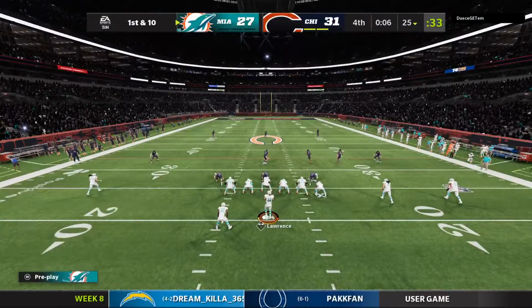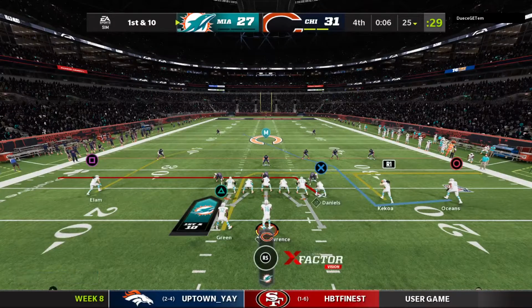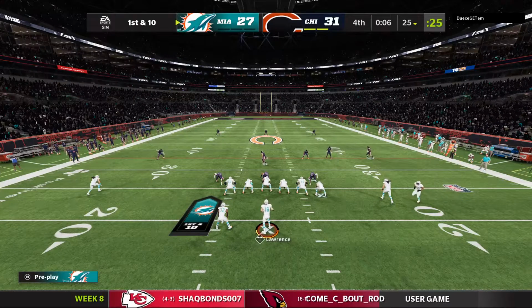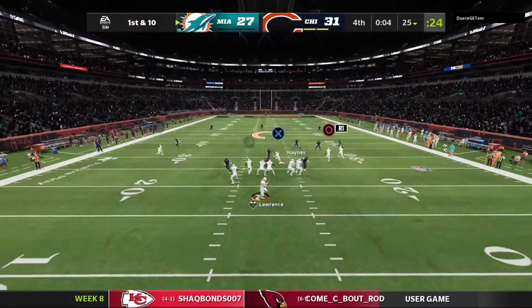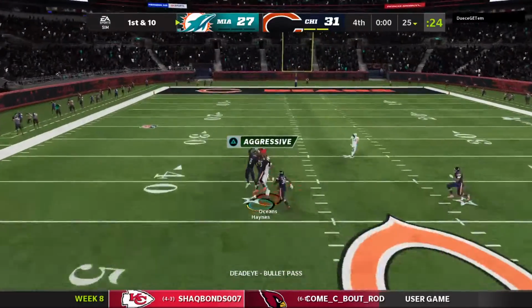The Dolphins at the line ready for their next drive. They have time here, partner, for just one final heave. And I have to look at from the defense's perspective here. We know what they're going to do on offense. The Hail Mary, try and get guys down there and throw it in the end zone, tip it around and catch it. You've got to have...